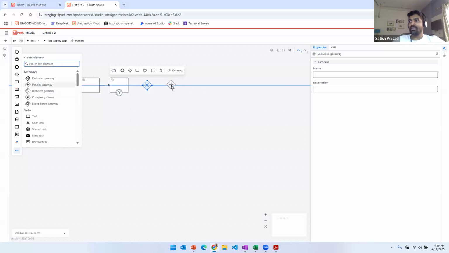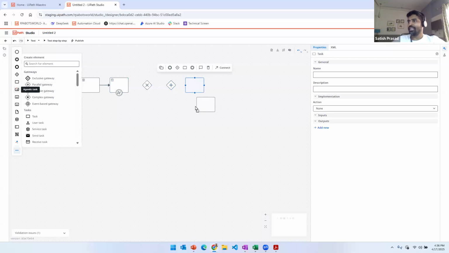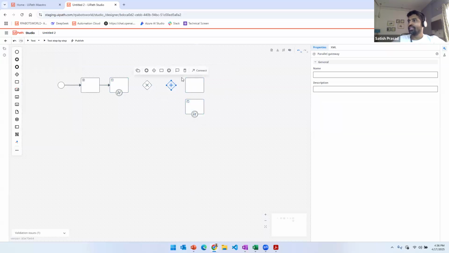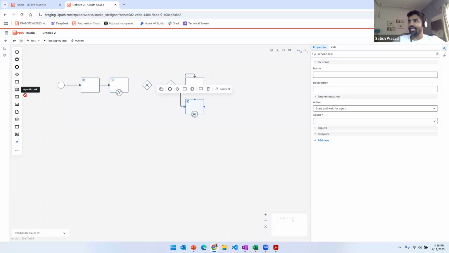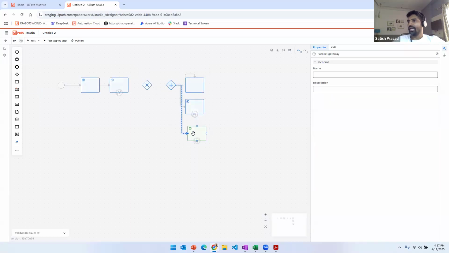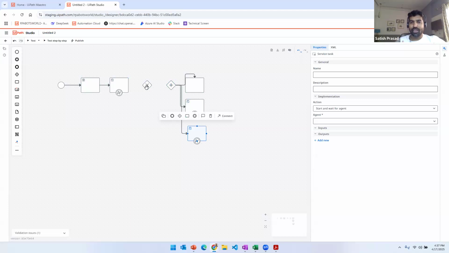When you pull in a parallel gateway, you should be able to run multiple tasks at the same time, right? Like this, and with the help of this one, you should be able to connect multiple ones. And if you want to bring in any more agents together, you should also be able to connect them. But with this exclusive one, there is only the opportunity to connect two paths, right? Yes or no. So I can keep building this to help explain, but I have a lot of examples to showcase for you. Those have already been built.